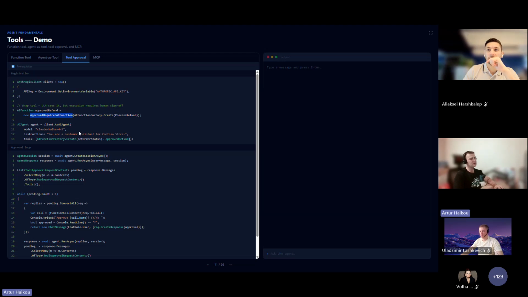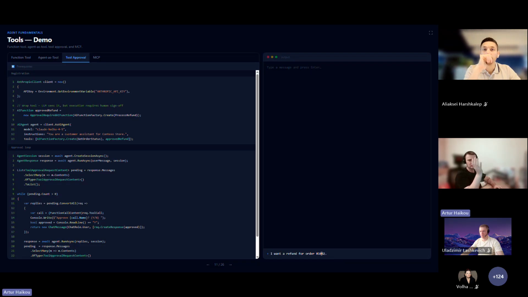In this case, approval will be available for you, but the main difference is that, as you can see from the response from the agent, you will receive a tool approval request content, and based on this response, we are able to decide, should we call an additional service, or should we maybe post this message in Slack, and based on it, the operator will be able to handle this request. And let's take a look at how it will work.